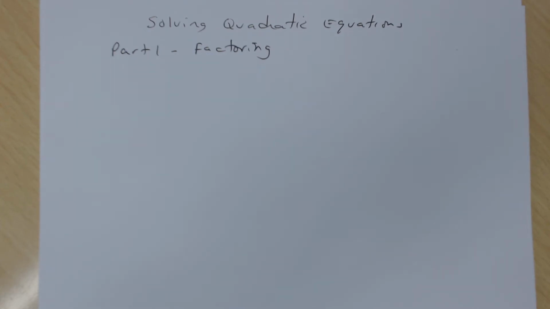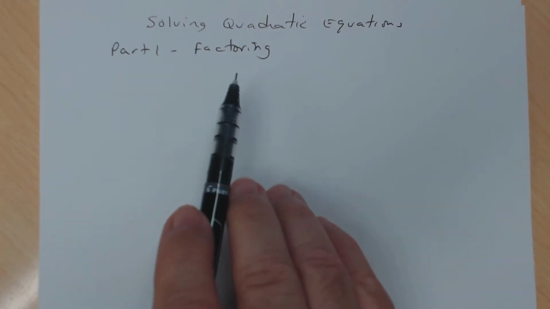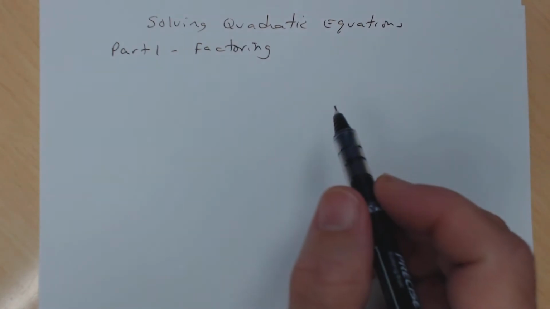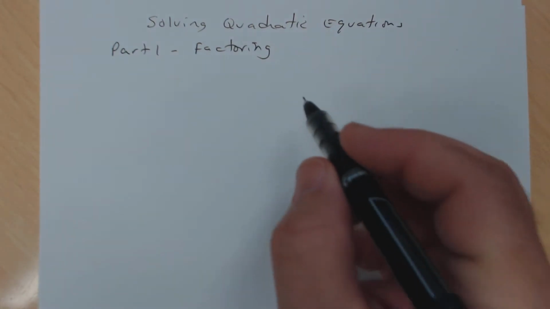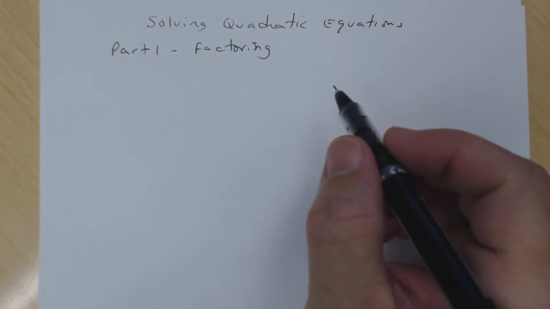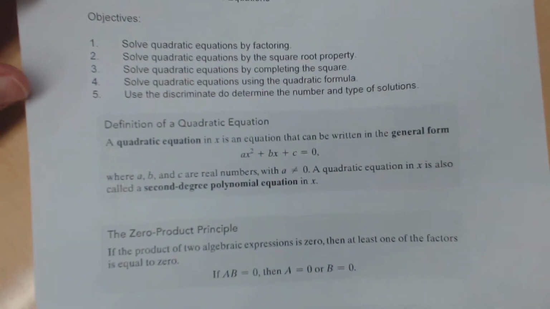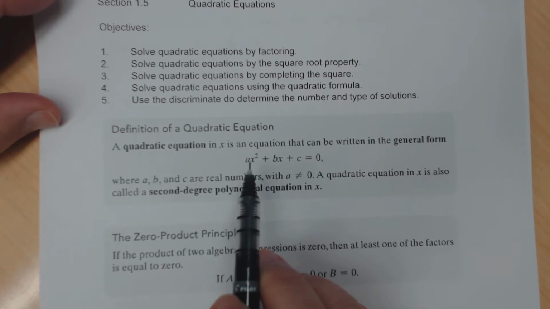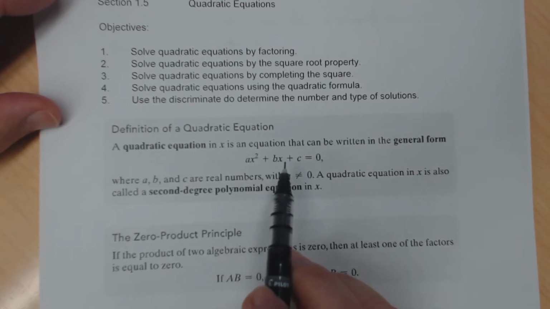Okay, so the first part of solving quadratic equations is going to involve factoring. Let's discuss what a quadratic equation is. You're going to need the notes from Canvas. A quadratic equation is an equation that can be written in this form: ax squared plus bx plus c